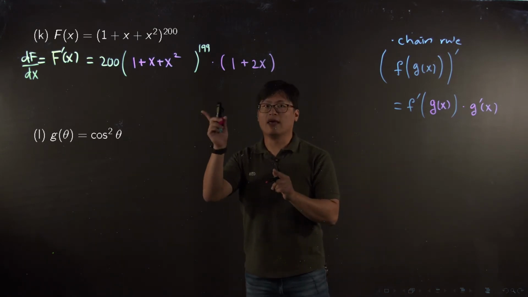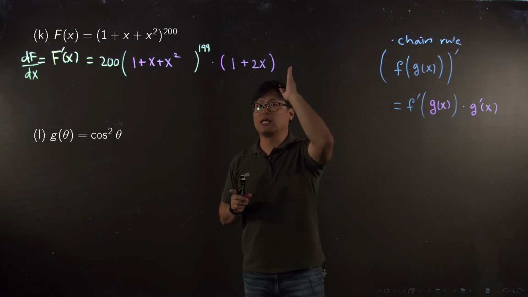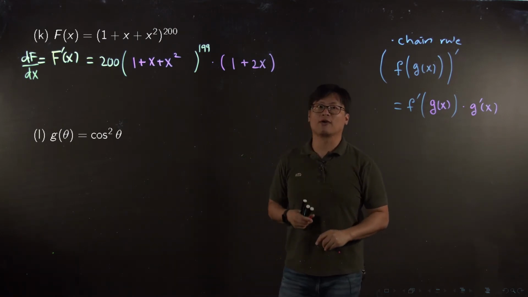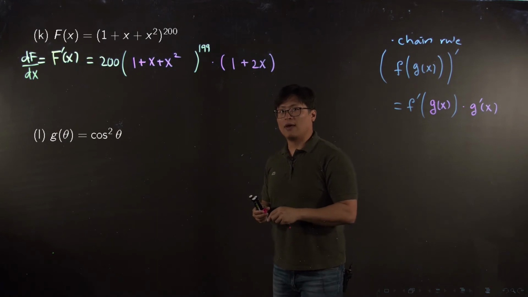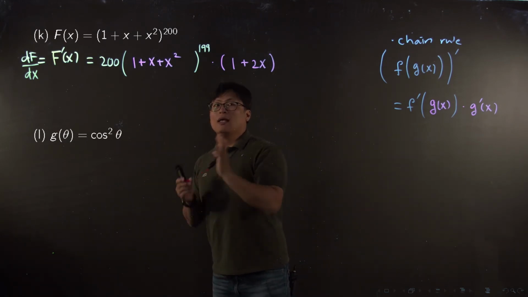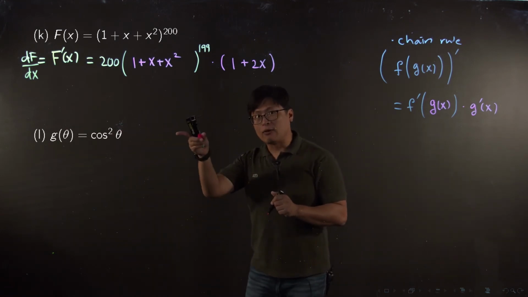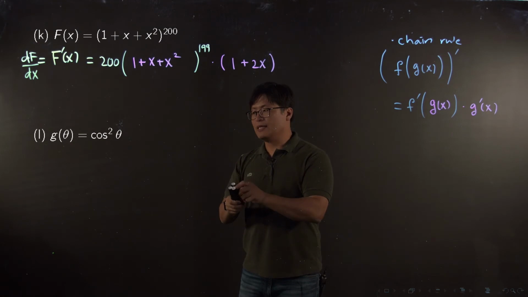You have to count how many layers there are first. Otherwise, you're going to try to multiply something else. Oh no, you have to stop here because there are only two layers. So what about L? You guys have to get familiar with this form as well. For trig functions, we write the square in there. But keep that in mind. That means